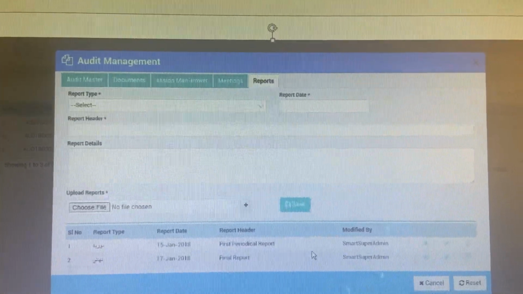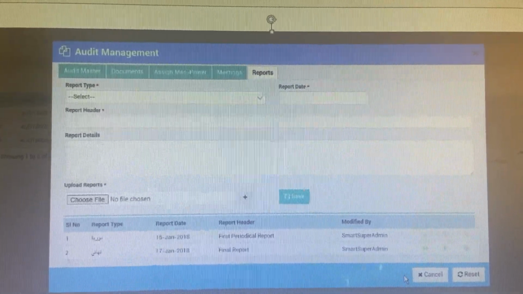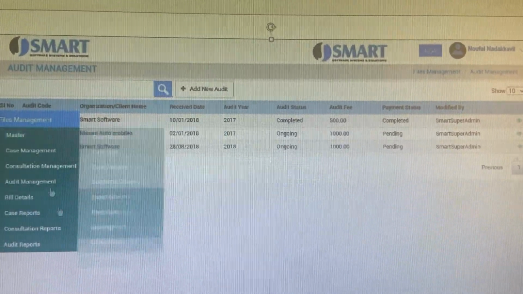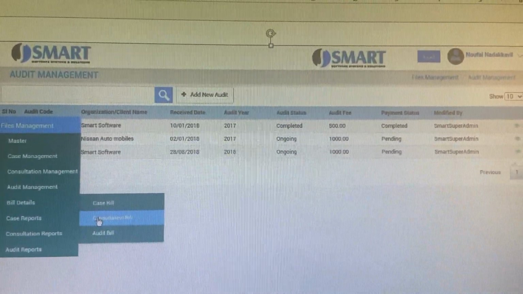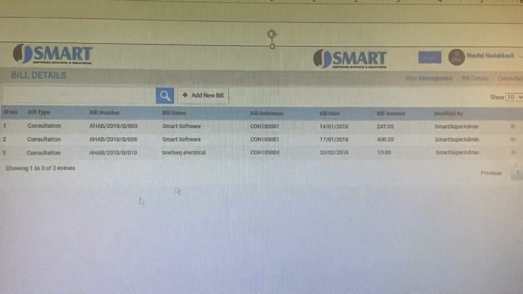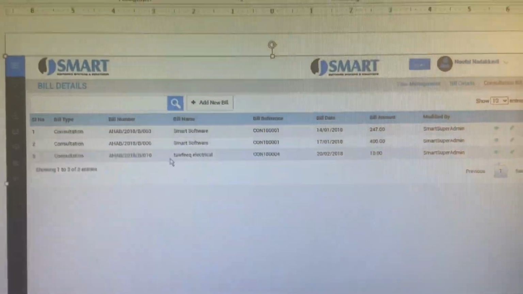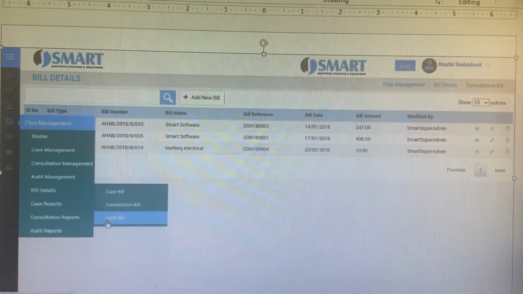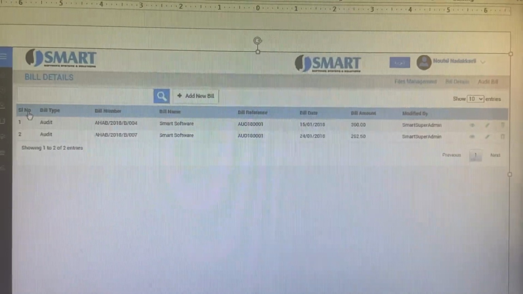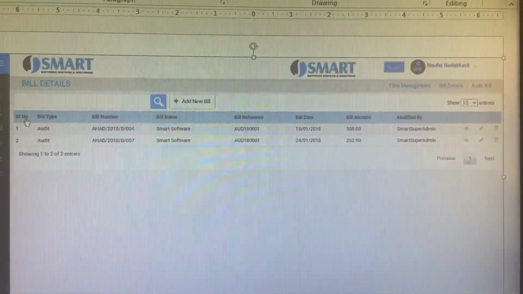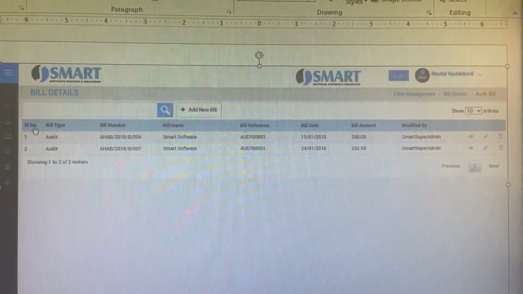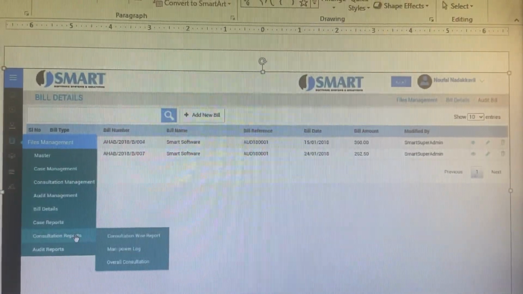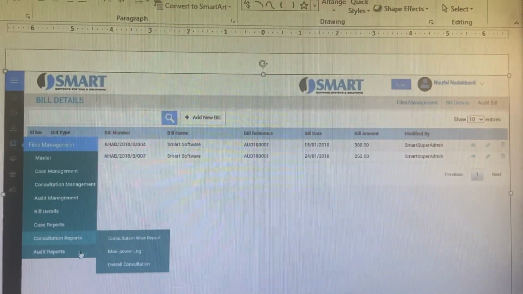So the features are almost similar to what we have discussed earlier, and similarly they can also generate bills. This is the area where the advocates can generate their bills, and audit firms can generate their bills from this. The facility of generating bills is similar to what we have seen earlier. And there are certain reports also for the lawyers and audit